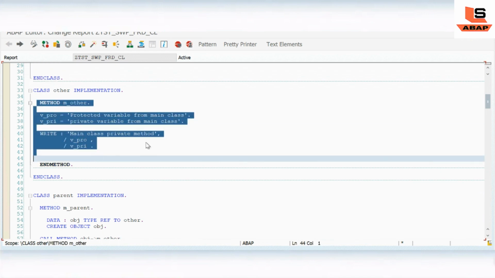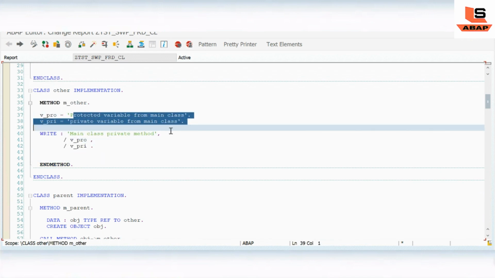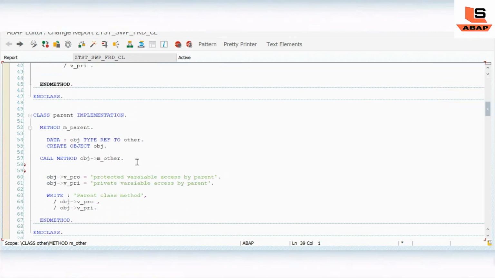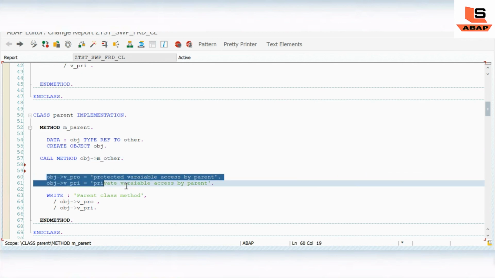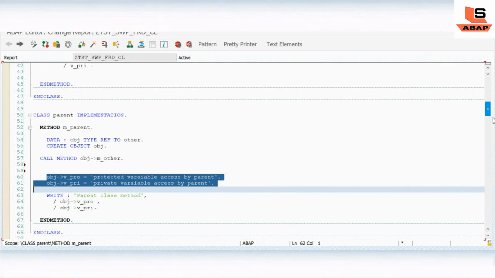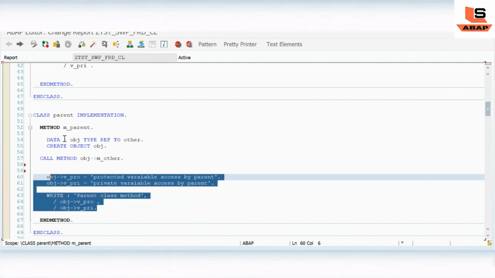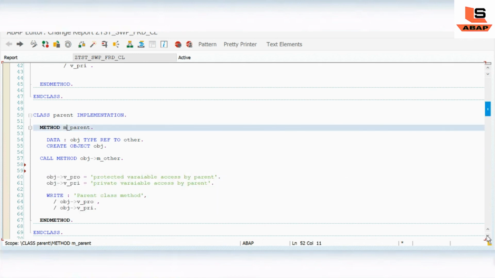It will first print the object's protected variable from the main class. Then when control comes out from there, it will print the protected variable accessed by parent. Once this method has executed completely,